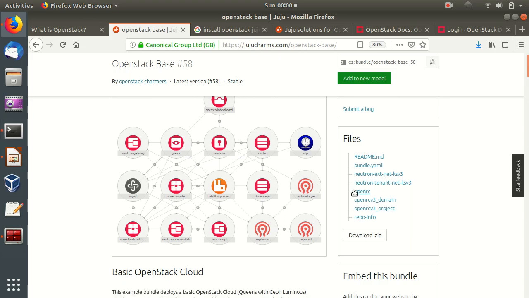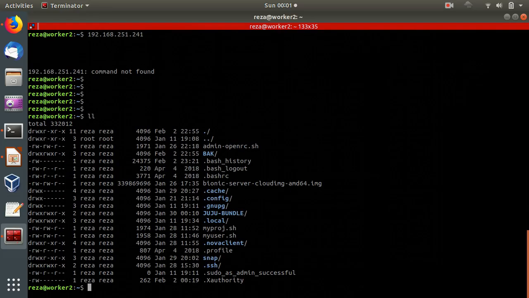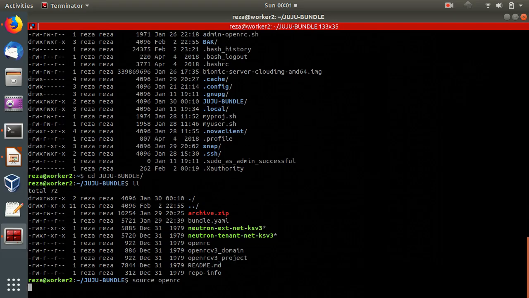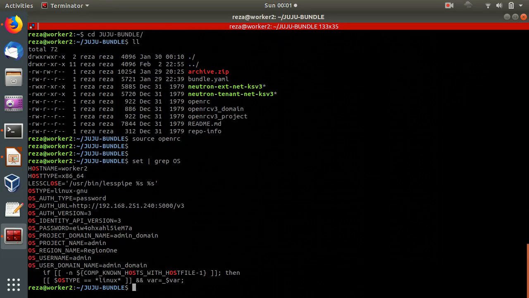So on the Juju host, I will use that. I will source only this one, and I can also find the password for the admin user. I have put it inside this folder, the Juju bundle, and as you can see, we have this OpenRC here. So I will source OpenRC. Okay, that is done. Now if I issue a set and filter anything including OS, these are the things which are added by